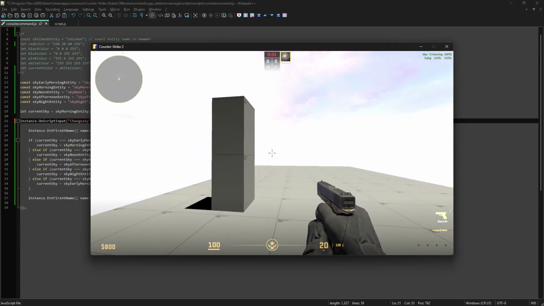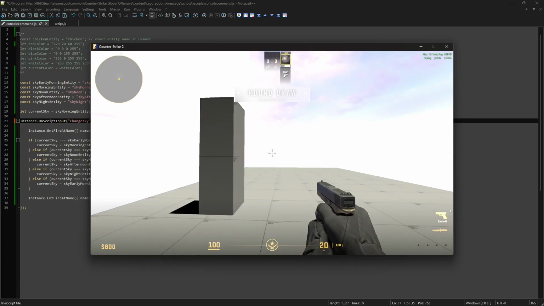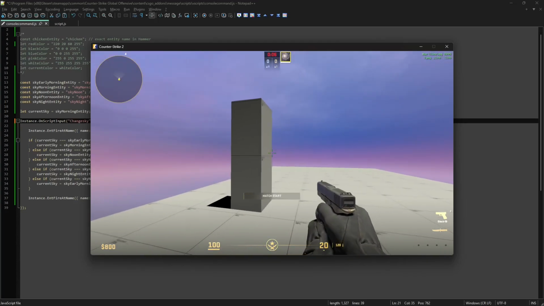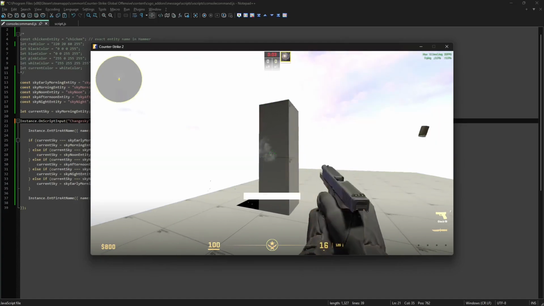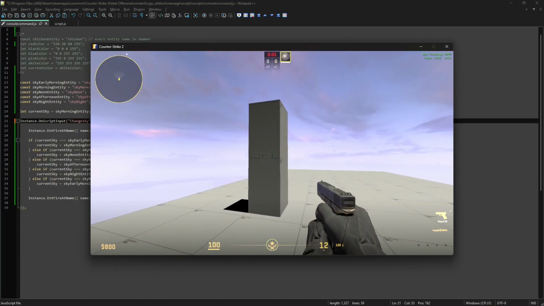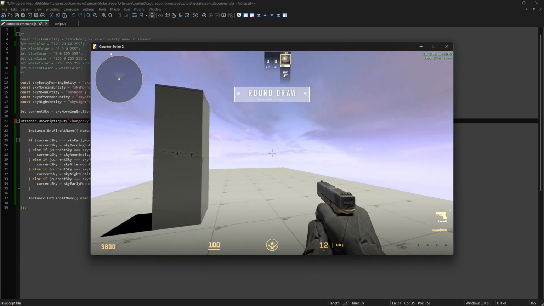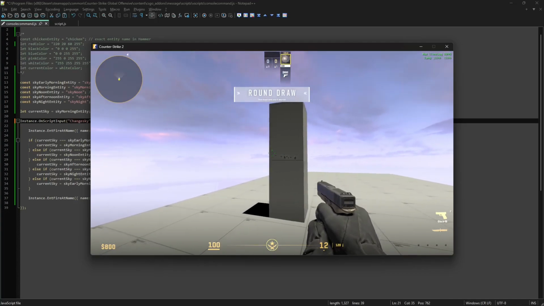Alright, so today I'm going to teach you how to change the sky every round. So you see now, when the round ends, on the next round we'll get a different sky. There we go. Now you can also do this with a button, like this. But if you want the sky to change every round, you need a script 100%, because you cannot do this